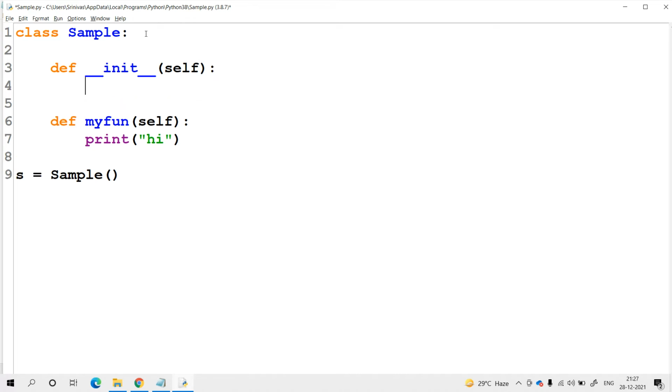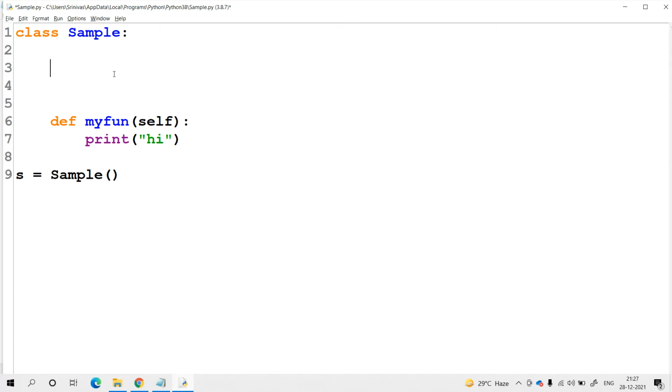Like that, one default virtual constructor will be created at the time of creating the object of the class. Actually, I did not provide the constructor in the given class, but the Python interpreter will automatically create one default constructor.